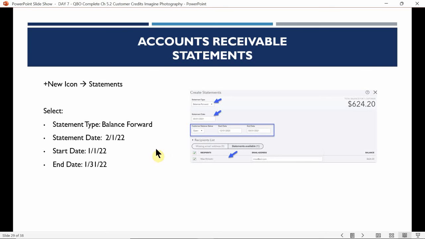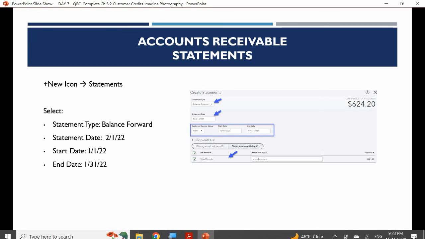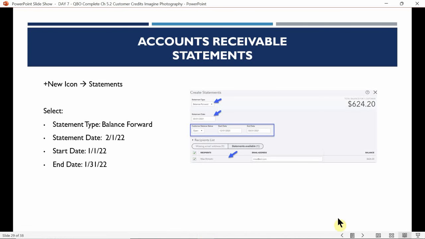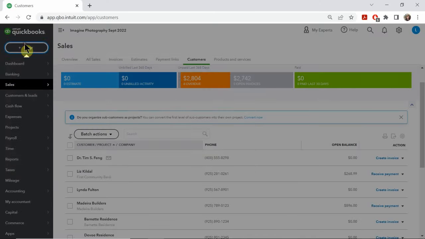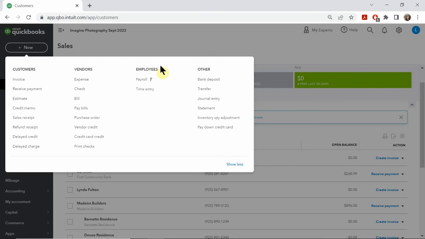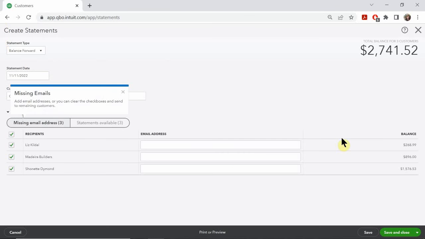So let's go ahead and talk about how I can issue my customer their customer statements, right? So in this case, what you're going to do here is you're going to go ahead and go to the new plus icon like we said, and you're going to go ahead and click on statements. So remember, the statements tab here is for your customers, okay? So again, it's going to be on the far right side here where you can have statements right here. If I click on that, it's going to pull up this window to let you go ahead and create those